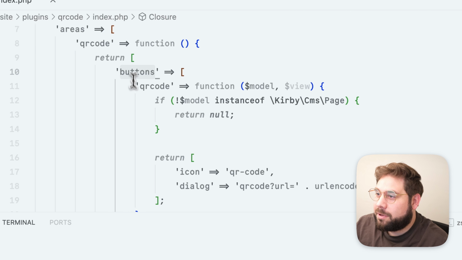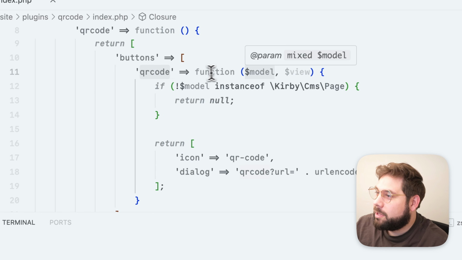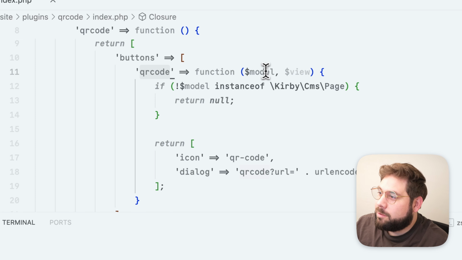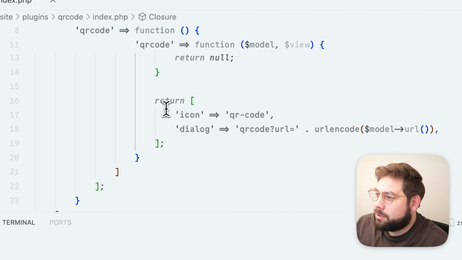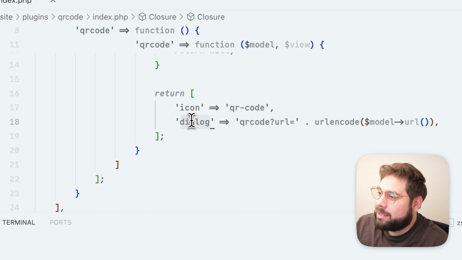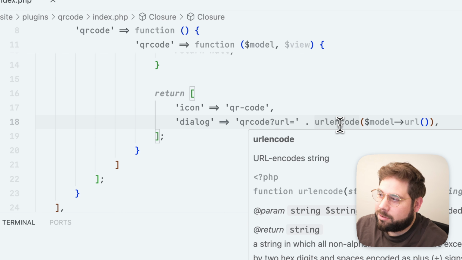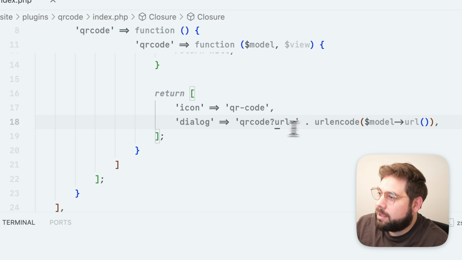And in this case, we want to extend the panel view buttons. And we create a new button called QR code. And this will get the model, so the current page it is on. And it will return the configuration for the button. So this should display an icon called QR code, just a little icon button. And then it should open a dialog under the QR code name. And it should pass in the URL of the model. So the current page the button is sitting on or is clicked on should be passed as a param to